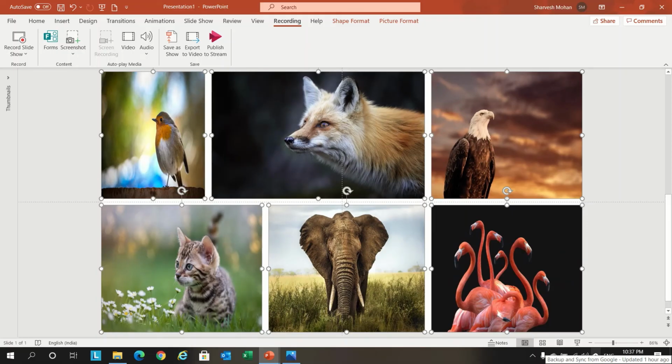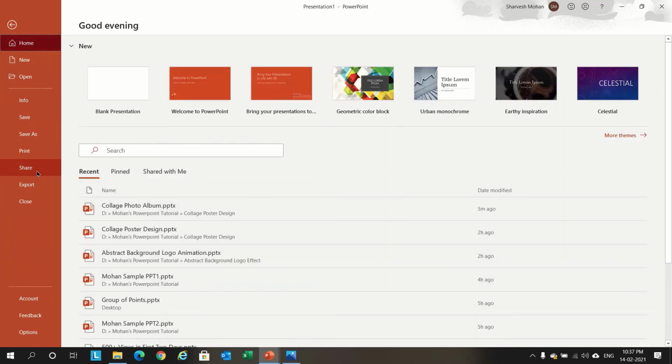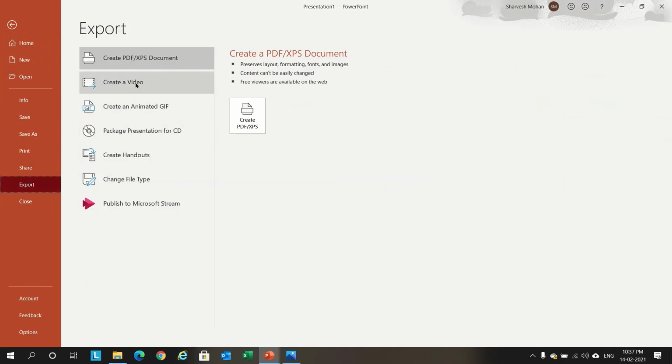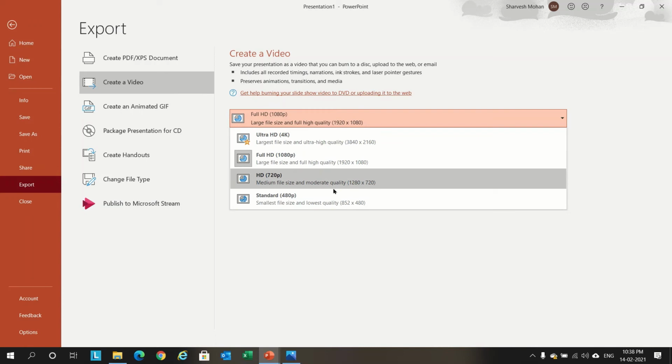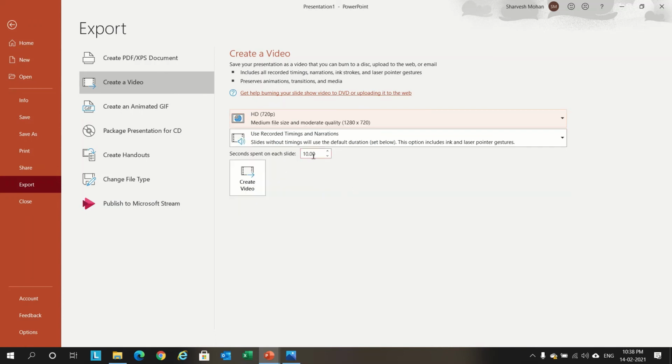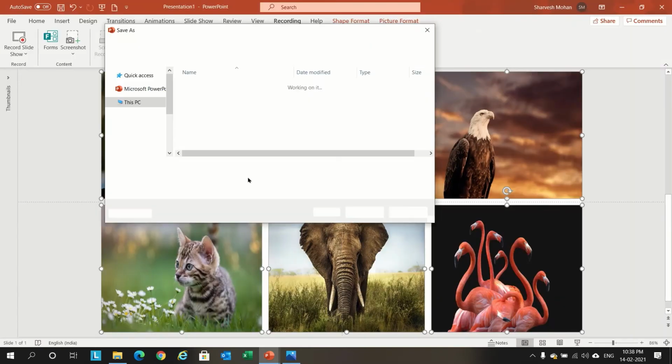Let's turn the collage into a video. Go to File, Export, Create a Video. In this option, there are four options: Full HD, HD, Ultra HD. Let's select HD and give it 10 seconds and create the video.